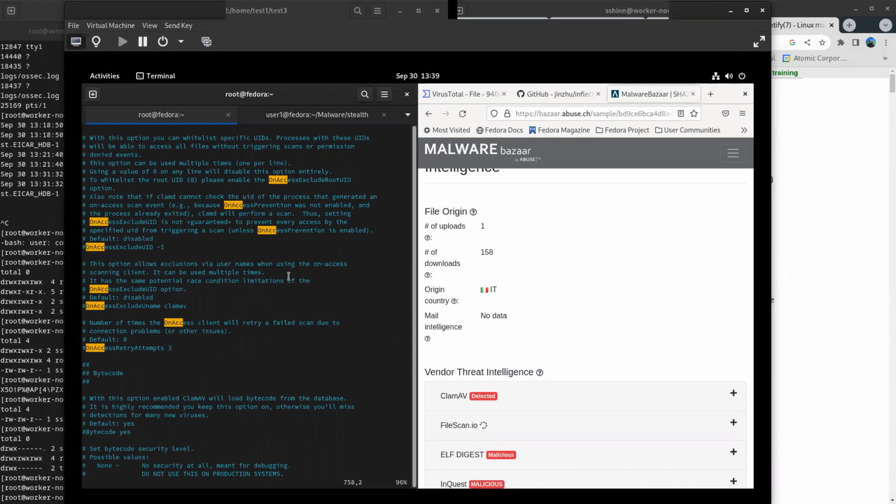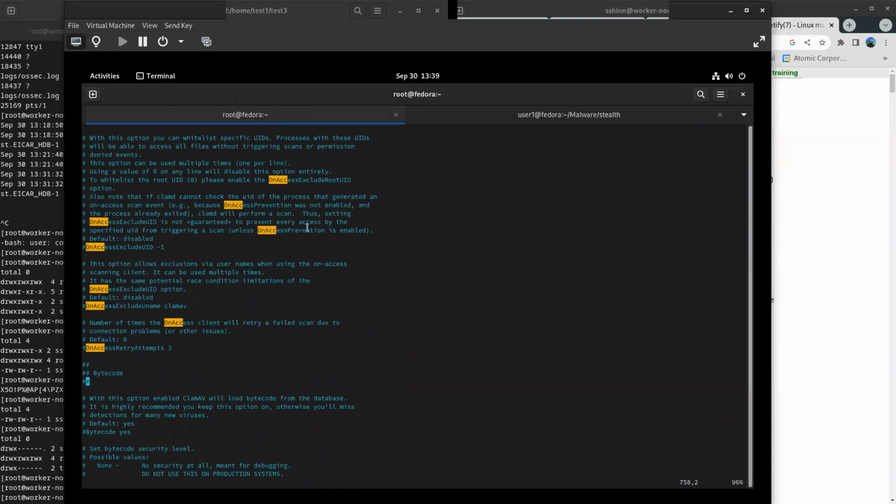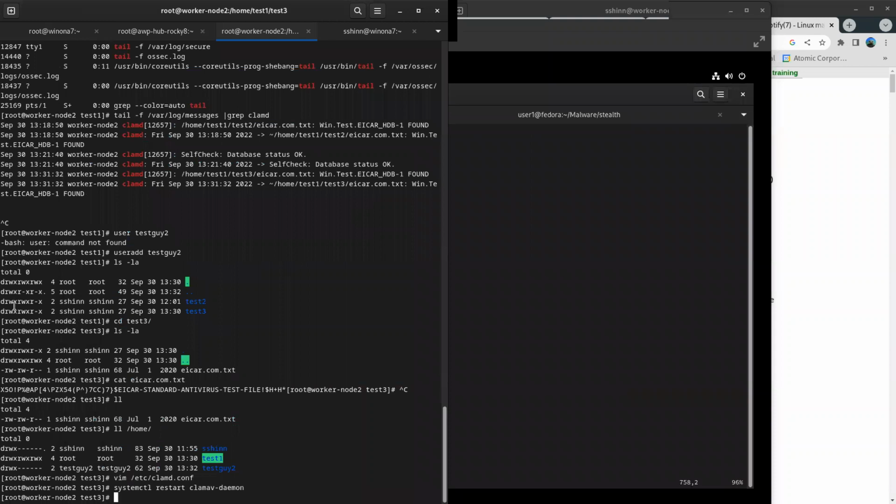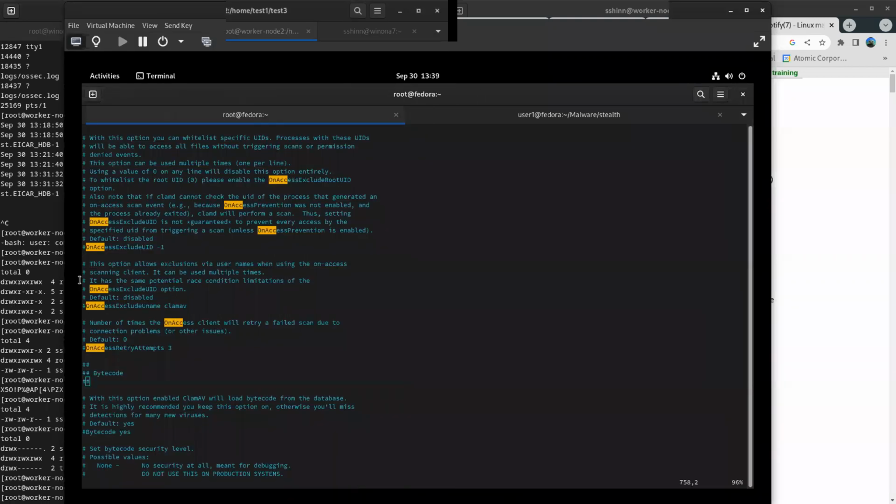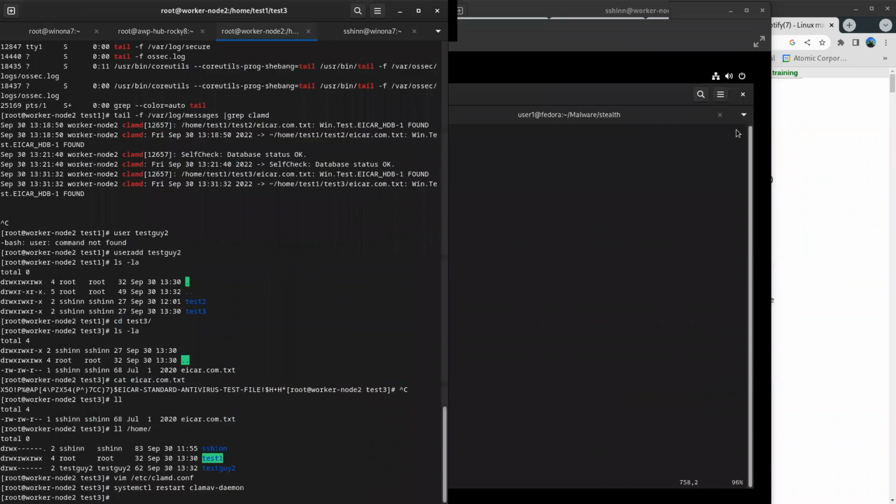Effectively, that model with the systemd service files would allow you to run multiple copies of ClamAV with different configurations. I don't have a good use case for that. I think it's cool though. My setup, I didn't implement that because this is a pre-EPEL implementation I'm using over here. And let's test that guy out.